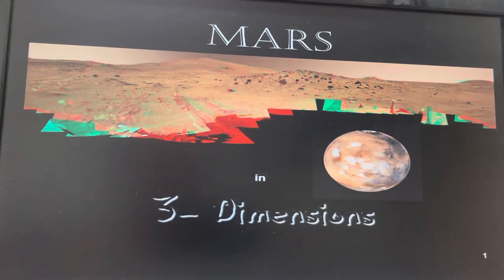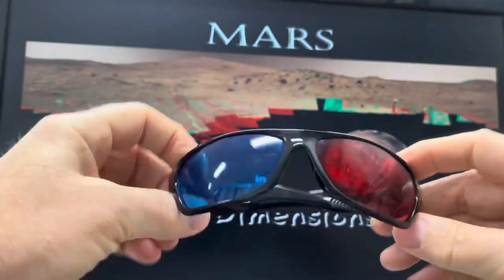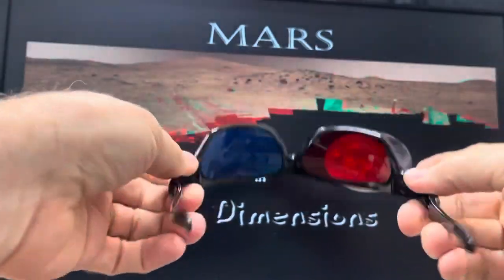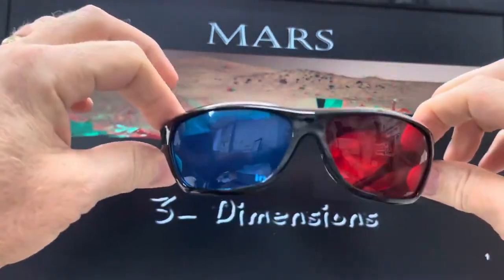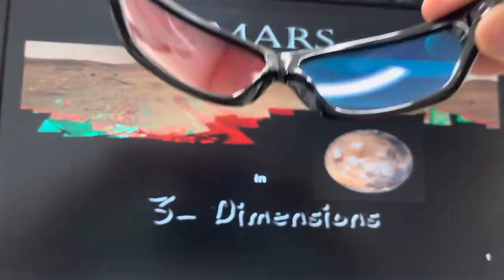Mars in 3D. If you have 3D goggles or glasses, put them on. They are the red and blue lensed ones that look like this. I've got them in the classroom and I've sprayed them with alcohol. But you don't need these to view